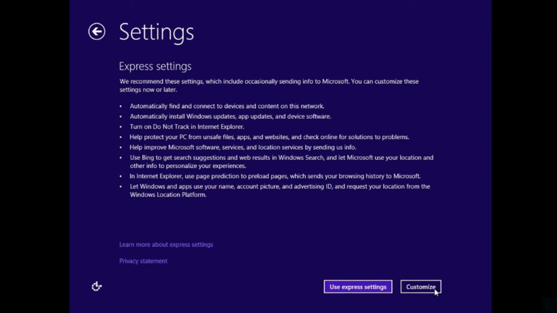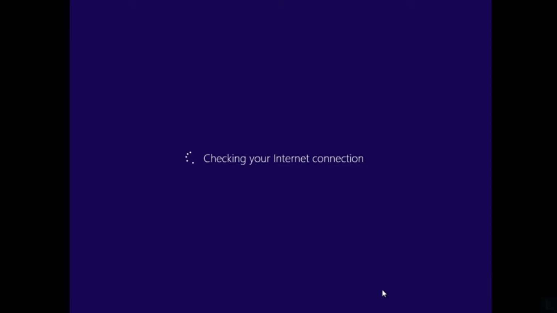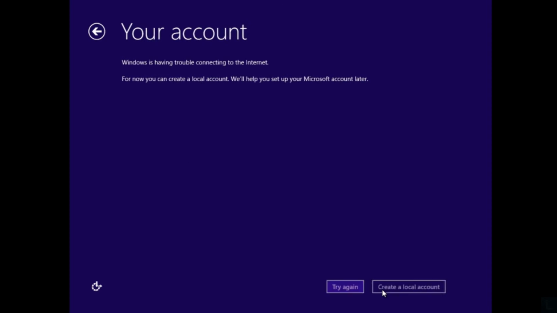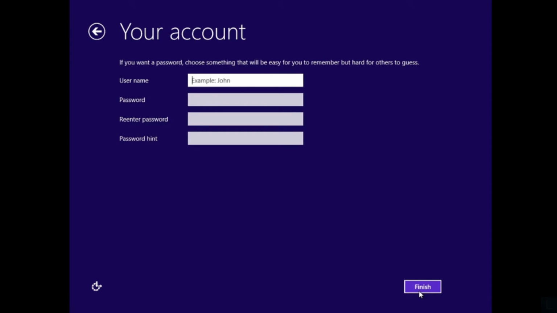On Settings, I select Use Express Settings as an example. Then, Windows will try to connect to the Internet to let you log in using a Windows account. If you don't have access to the Internet at this time or you want to use a local account, select Create a local account. Next, enter a username and password for the account and click Finish.